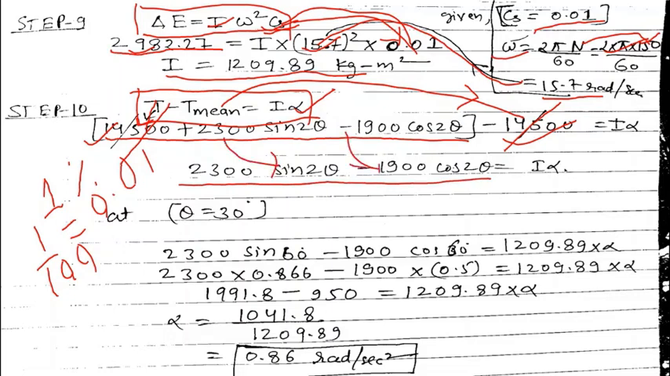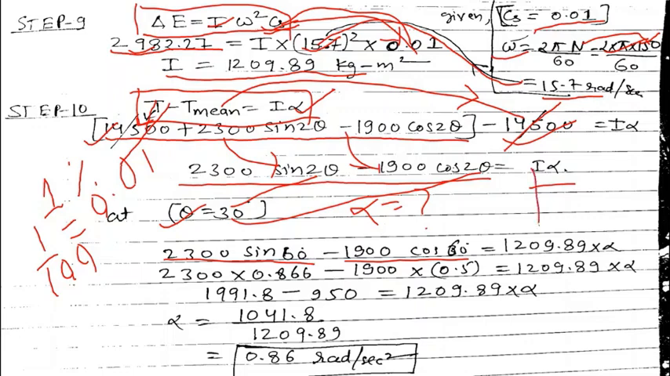Now this will be equal to I alpha. We are required to find the value of angular acceleration of the flywheel, that is the value of alpha, at theta equal to 30 degree. So I will put the value of theta equal to 30 degree here, and then I will get 2300 sine 60 degree minus 1900 cos 60 degree is equal to